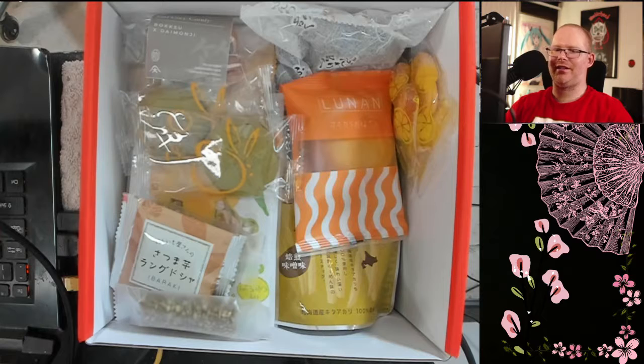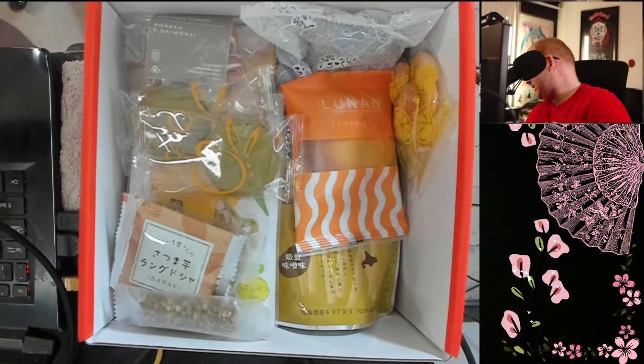Also, bear with it. I tried to mess around with the camera a little bit to ensure it wouldn't fall this time, but